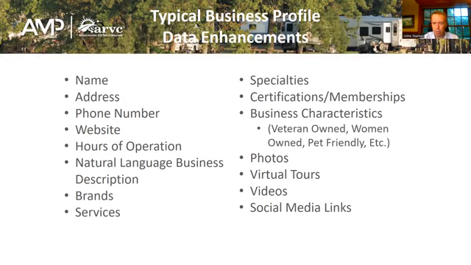A natural language business description gives you a paragraph or two or maybe three, depending on the site, to describe your business in words that real people would use to describe your site. And you should take that opportunity to write a nice, complimentary paragraph about your business very seriously. You can list your amenities, your services, what you're known for. If you have particular designations, certifications, if you've won an award, Google has a whole series of business characteristics that you can list.